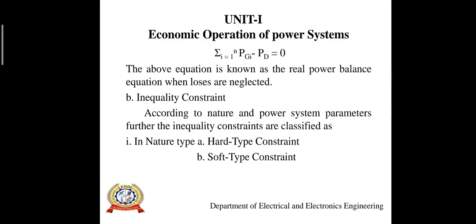So these constraints are definite and specific in nature. No flexibility will take place in violating these type of constraints, because these constraints are already fixed in nature. So we cannot violate or change this type of constraint. For example, the range of tapping of an on-load tap changing transformer. We cannot change the range of tapping for an on-load tap changing transformer. This comes under hard type constraint.